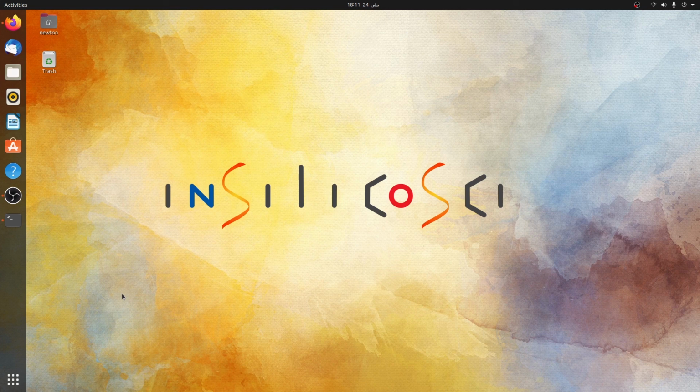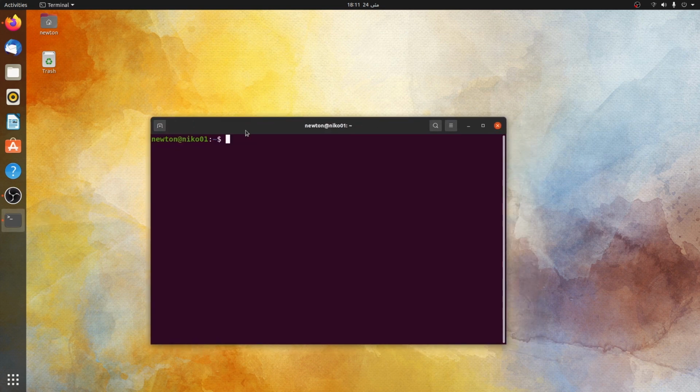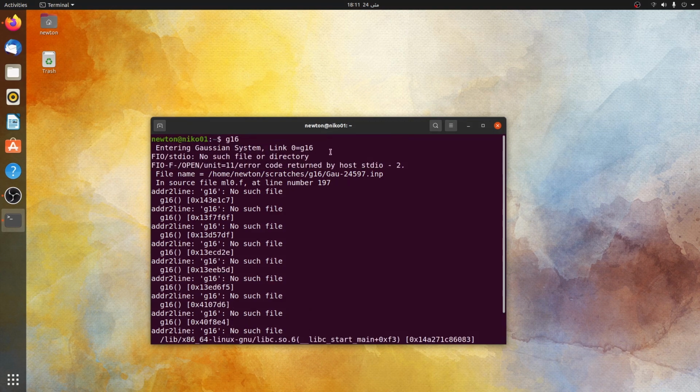Okay, I've restarted the computer, and this time I logged in as Neoton to check if I can run Gaussian by this user. So I invoke the G16 command, and it's okay,